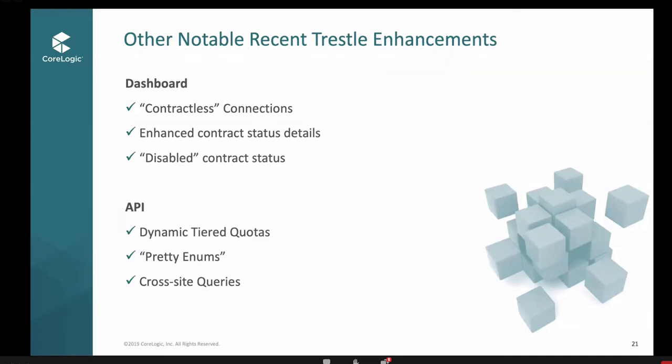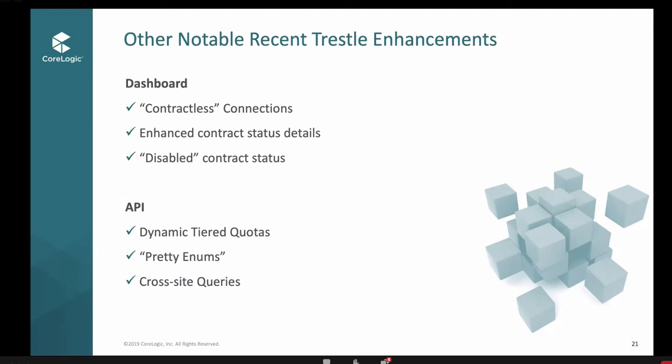The other use case we see for that is when the data licensing is built into the sales contract for one of your products. I know W&R does this with Cloud CMA. Their sales contract includes the data licensing agreement, and so having another one in Trestle is clunky. So the MLS can now stand up the data connection without having to go through all those steps. So it'll come to you, and I'll show you what that looks like in a sec.